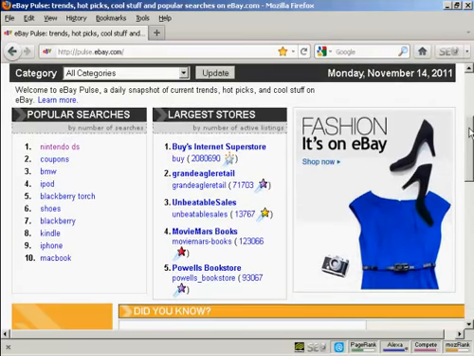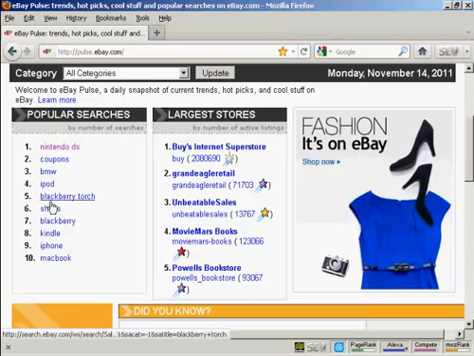First of all, and probably the most important one, is the popular searches. This tells you what people are looking for on eBay. When they go to eBay and do a search, this is what's being typed in most often. Let's take a look at the most popular search at the time that I'm recording this video, which is Nintendo DS. If I click on that link,